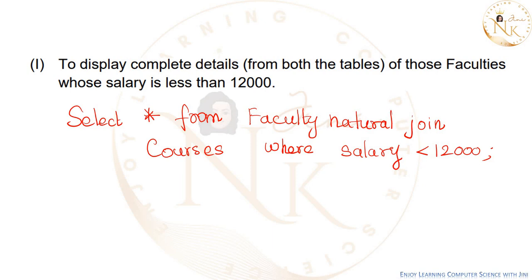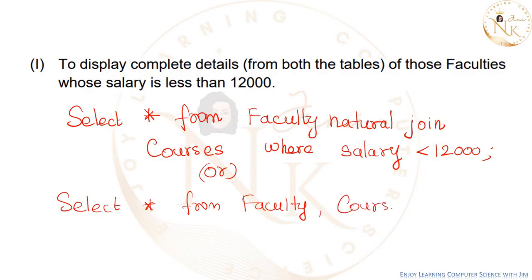So when we join, normally we'll write like this. I'll write the other method also. Select asterisk from faculty comma courses, the two tables, okay, where salary less than 12,000 and